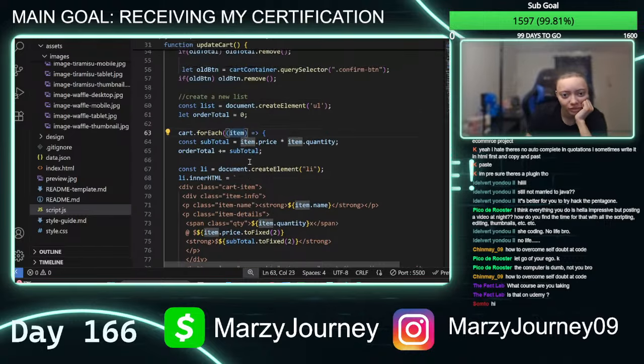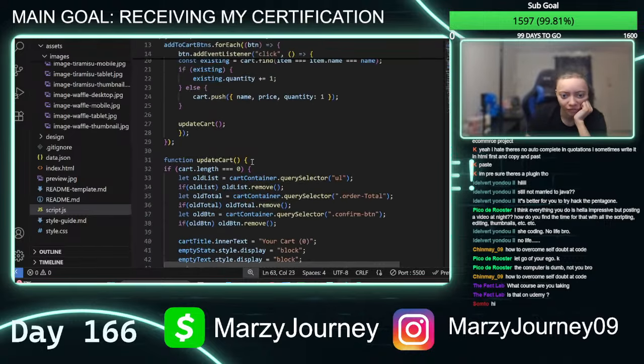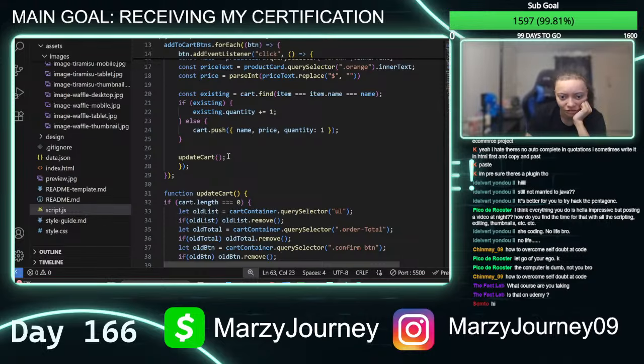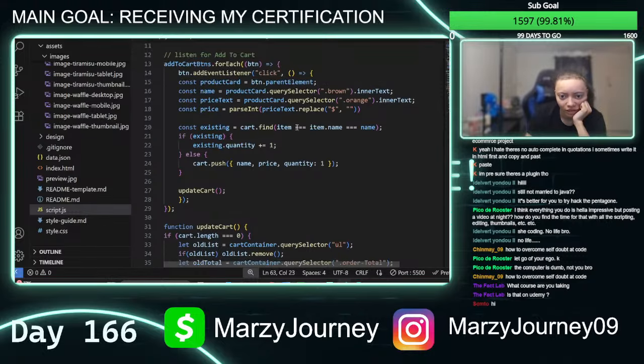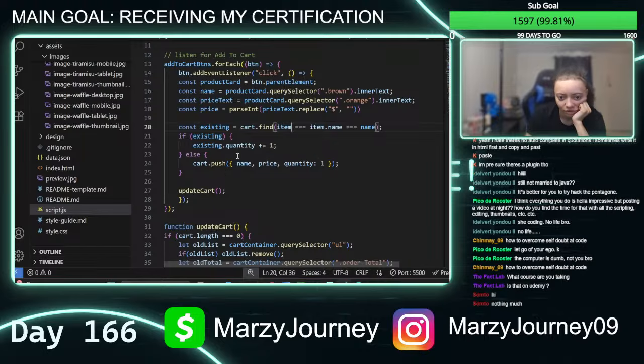Or am I tripping? Because if this is the update cart function and we're calling it at the bottom of this, items should be declared. Items should be declared.